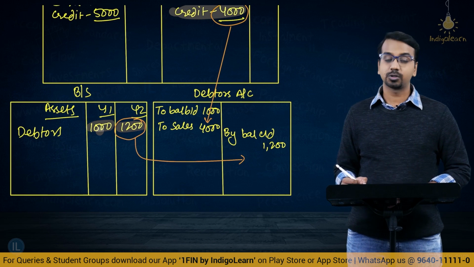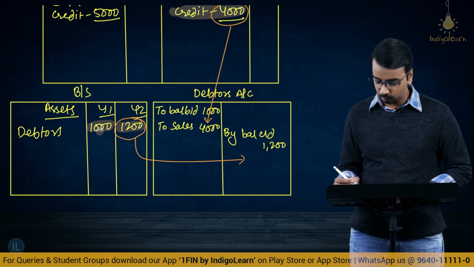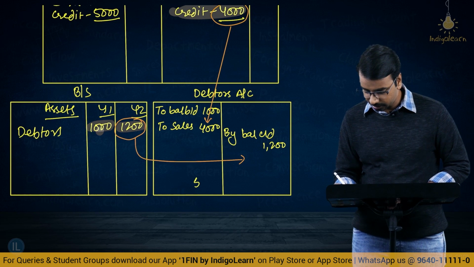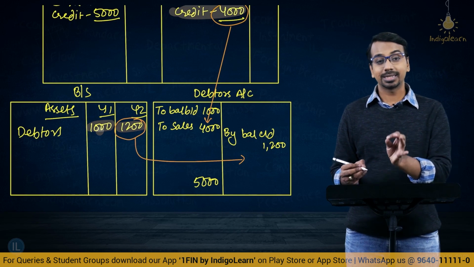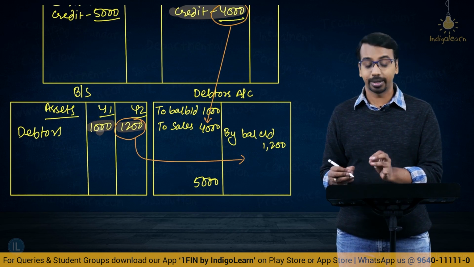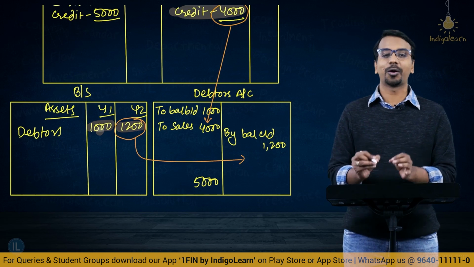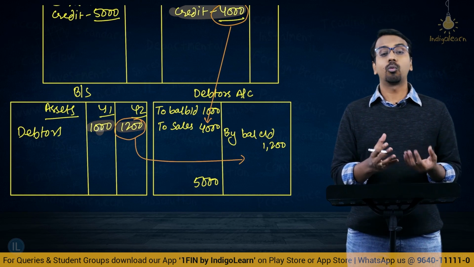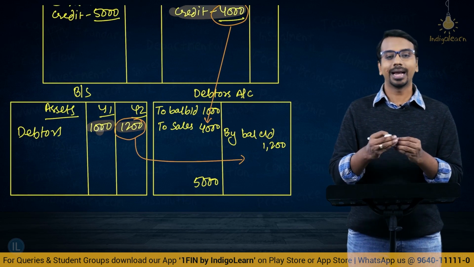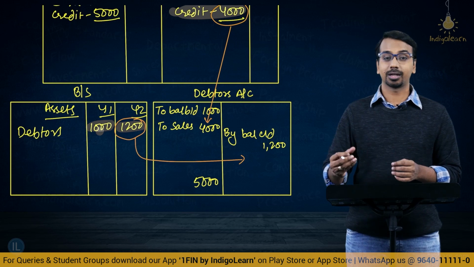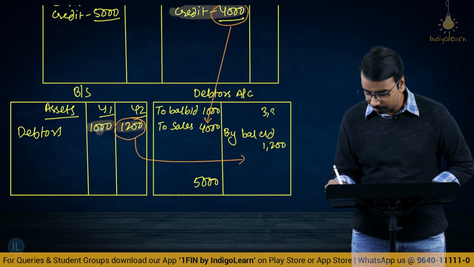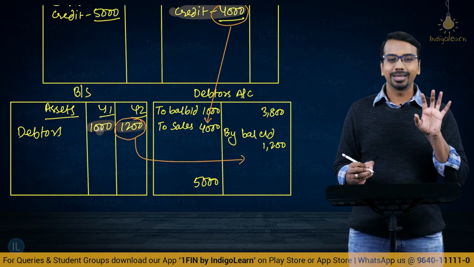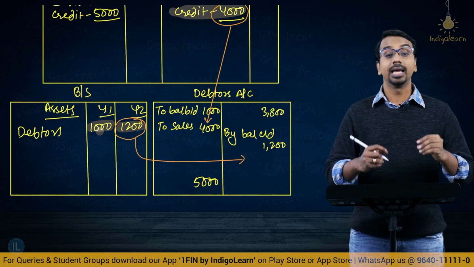So, on the debit side of the debtors account, the total is 1,000 plus 4,000, which is 5,000. On the credit side, you have balance carried down as 1,200. There is a difference of 3,800. Now, what could have happened? What would be that amount that we have credited to the debtors account? We know it is 5,000 minus 1,200, that will be 3,800, and this item most probably would have been amount